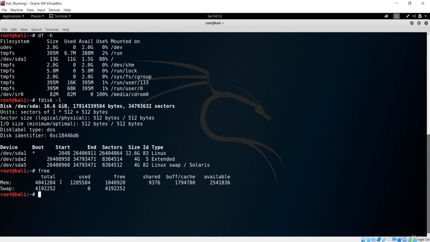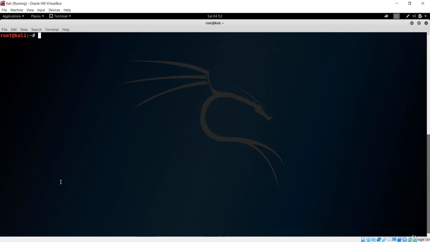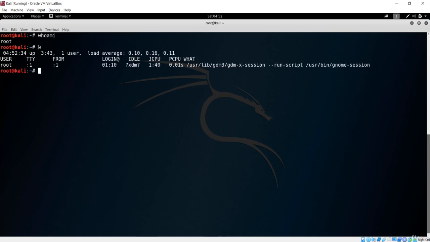Now let's see the user information. So in order to see the user information, first command would be whoami. So it is very important information. If I hit enter, then it is going to say root. So this is your username. If you want to check who is online, simply press w and you'll see who is online over here. If you want to see the history of the executed commands, you'll say history.